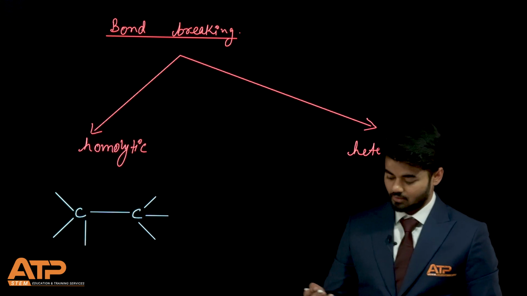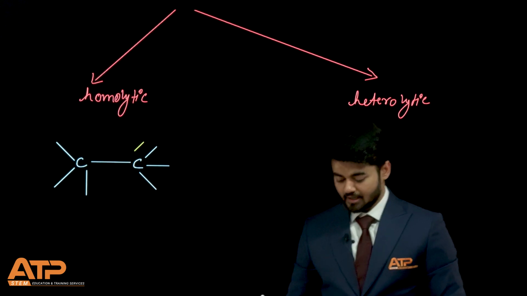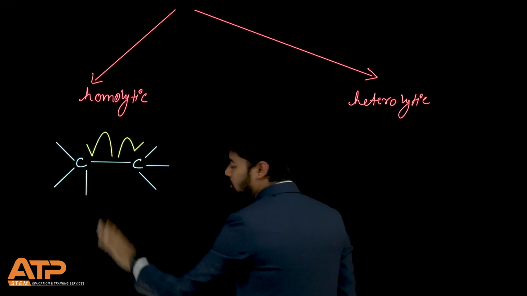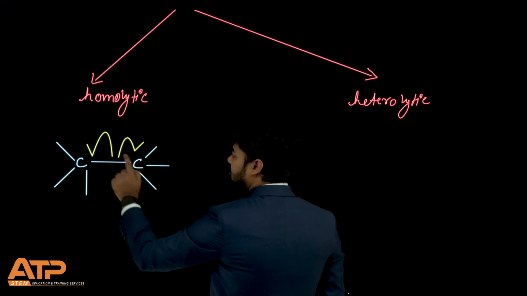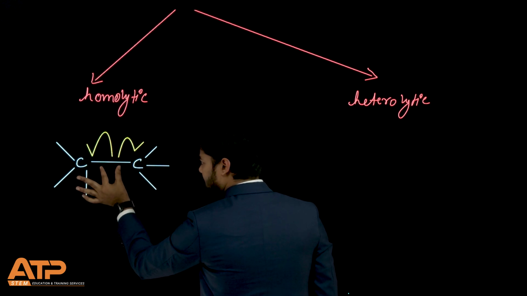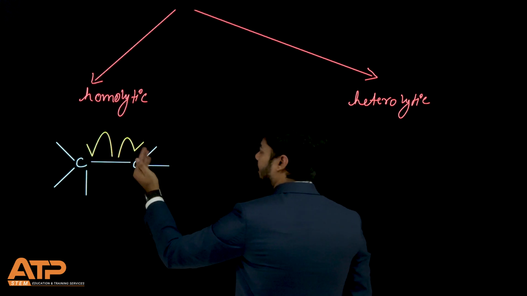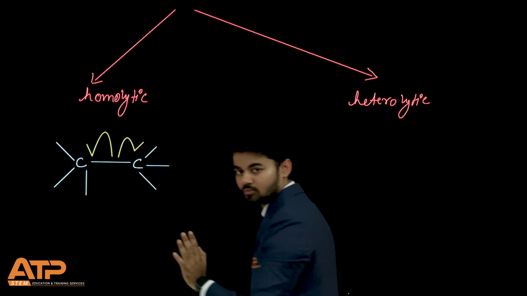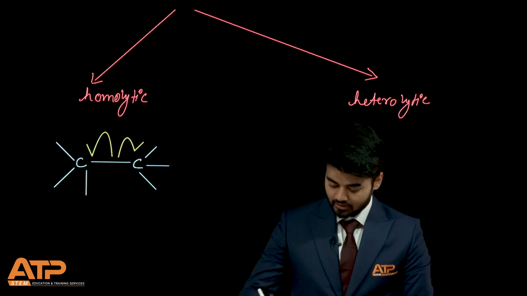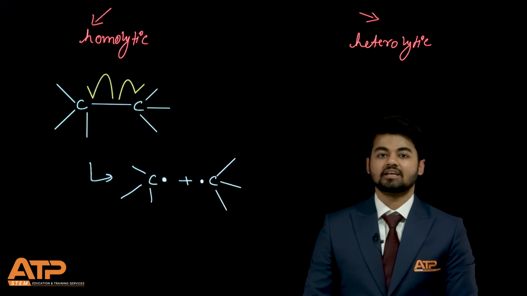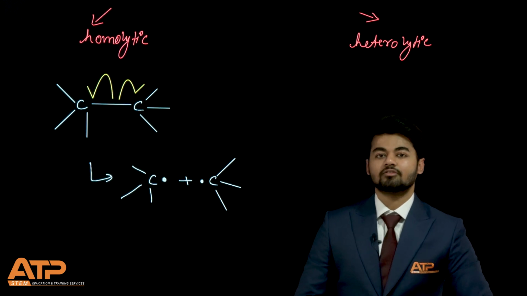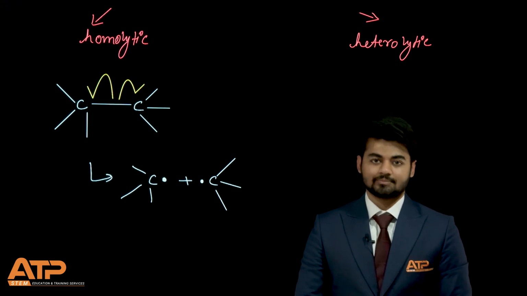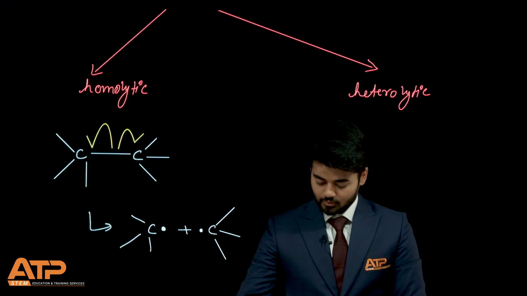So we have a carbon-carbon sigma bond here. In homolytic bond breaking, each carbon took its one electron and moved away. During the formation of the bond, each carbon donated one electron to this pair. While breaking the bond, they took one electron each, and that movement of one electron is shown by this half curly arrow. The species formed are called carbon free radicals. So free radicals are formed when homolytic bond breaking takes place and one electron each is taken by the participating atoms. Now let's move on to heterolytic bond breaking.